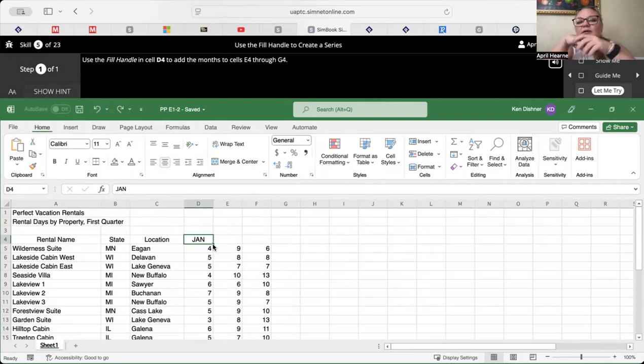And what this does, it's a basic copy and paste function. So this one is January. Excel knows that it is a month. In fact, in some ways, if you typed the whole word January, it may automatically abbreviate it the way it's abbreviated. But it knows that January is the first month, and the second month is February, and the third month is March. You get the point. The fill handle tells it, copy what's going on here and keep adding it along, okay? So if I take it and I drag it over,